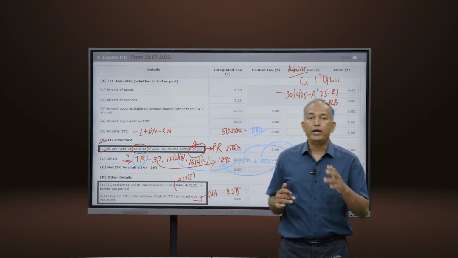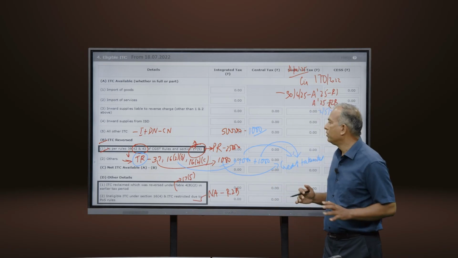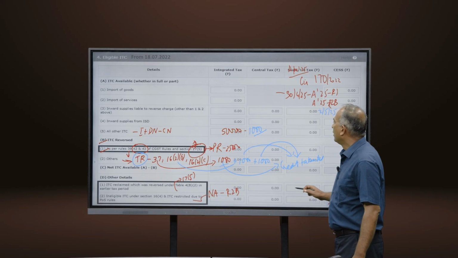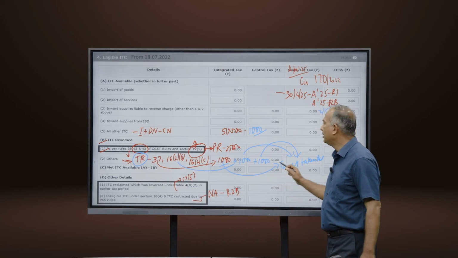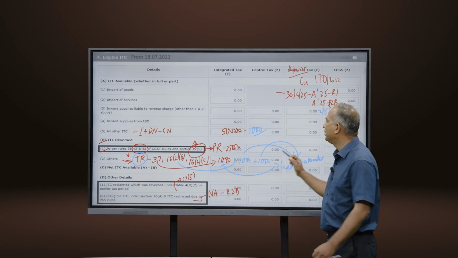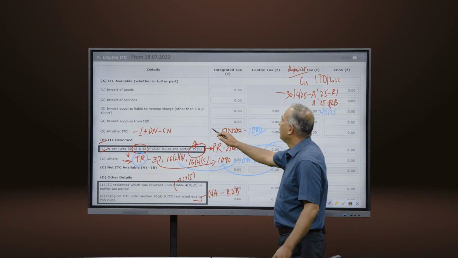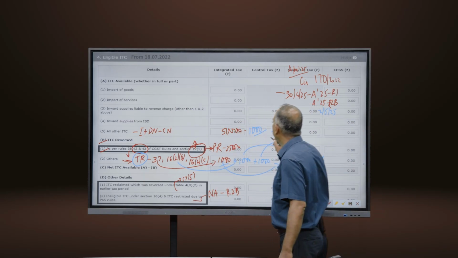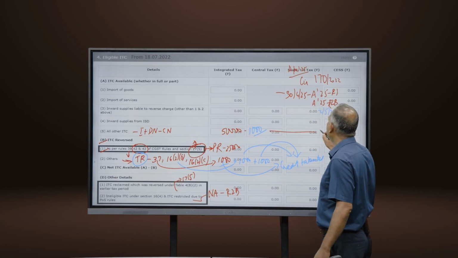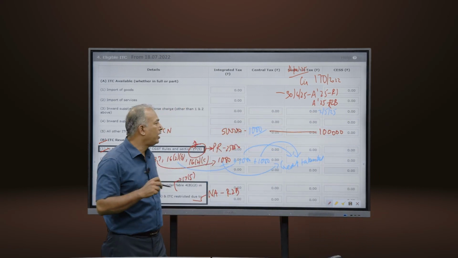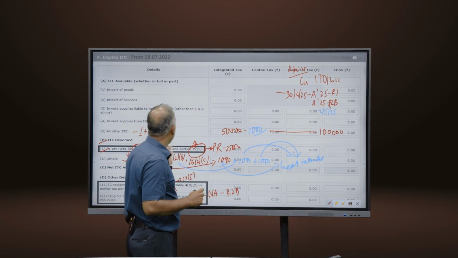Now, look at it from this perspective. Let's use another color, because with this, if I erase, the entire thing will go. That is why I am just retaining it. Please bear with me. Now, look at it from this perspective. Let us say 4A5 is 1 lakh rupees. Okay. Now, if you say 4